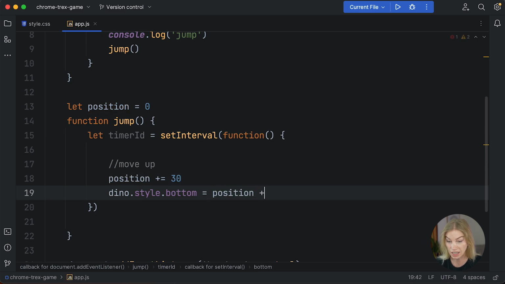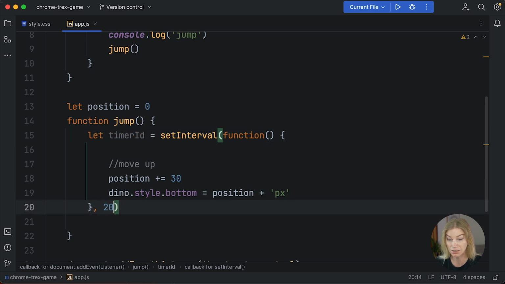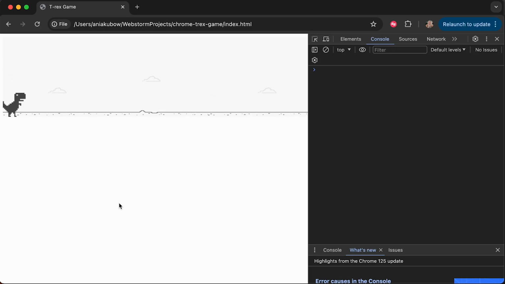And then we also need to add the string of pixels. Okay, so at the moment, it will just go up 30 and nothing else. I'm going to show you this in a bit. The timer ID as well here, we need to get that. And then with a set interval, invoke this, let's say every 20 milliseconds. Okay, great. So if I click jump, essentially our dino will go off and it will just keep adding 30